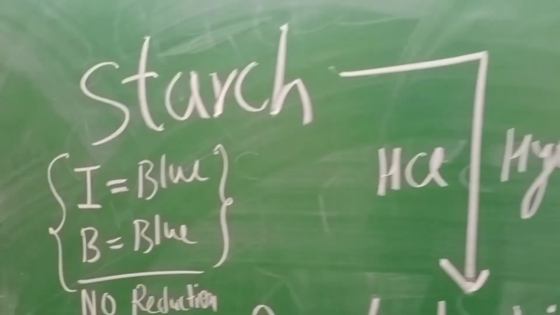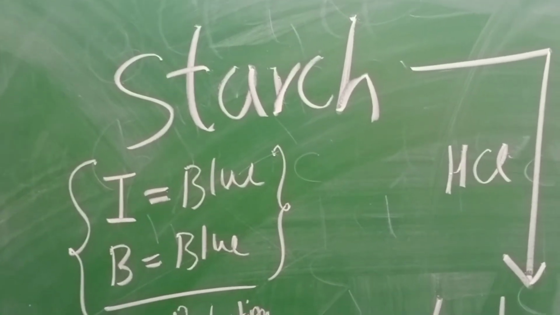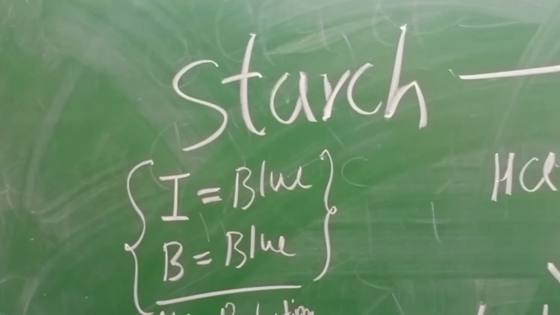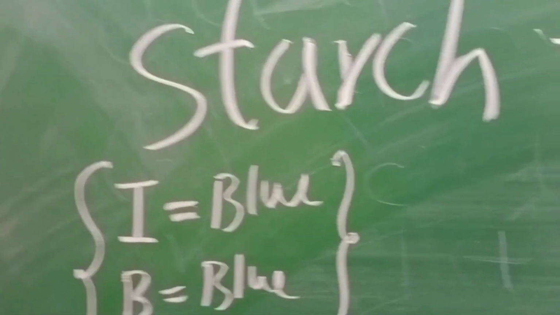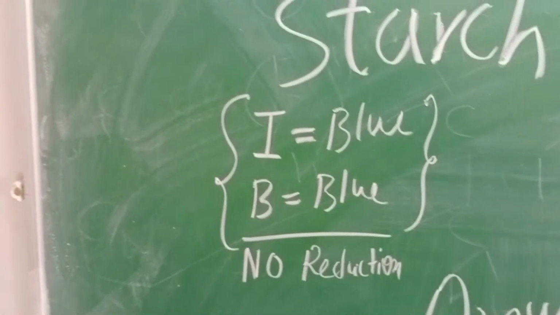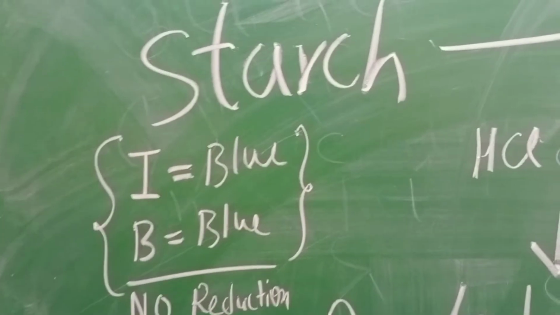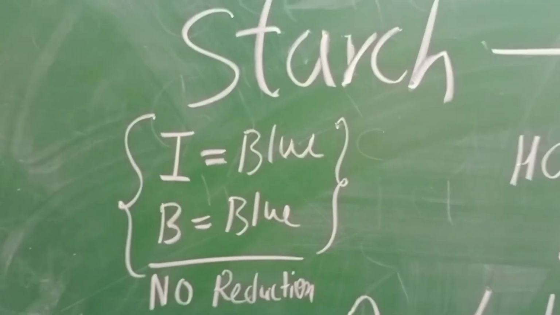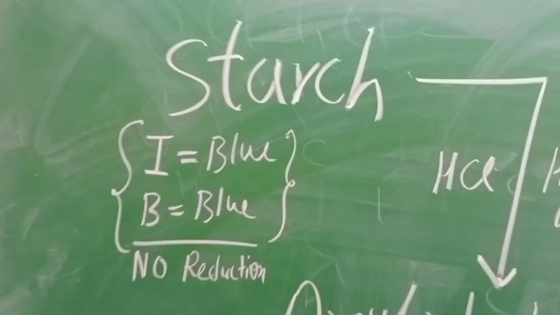Before initiating our reaction, when the starch is exposed to the standard iodine solution, we get a blue color, and this blue color indicates that starch is present, and confirms that our sample is starch. And when the same content is reacted with the Benedict solution, we also get a blue color,